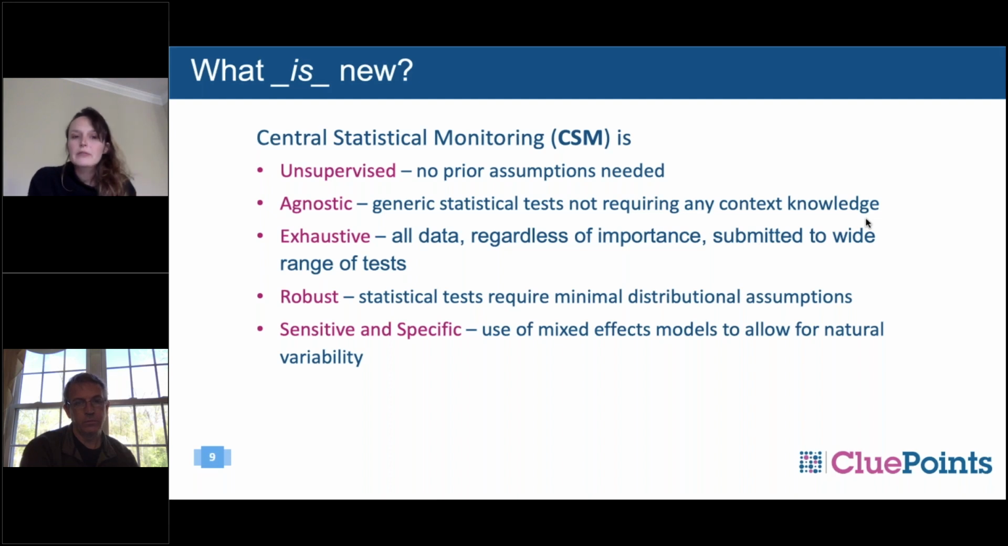So unsupervised for us is no prior assumptions are needed, because actually you should assume that you don't know what you're looking for. You don't know where your issues are necessarily. Now, in some cases you might, and then you want to do some specific analysis, of course, but overall you don't necessarily know where your issues are. We also want to make sure that our methods are agnostic. Agnostic in a sense that we want to use generic statistical tests not requiring any context knowledge,